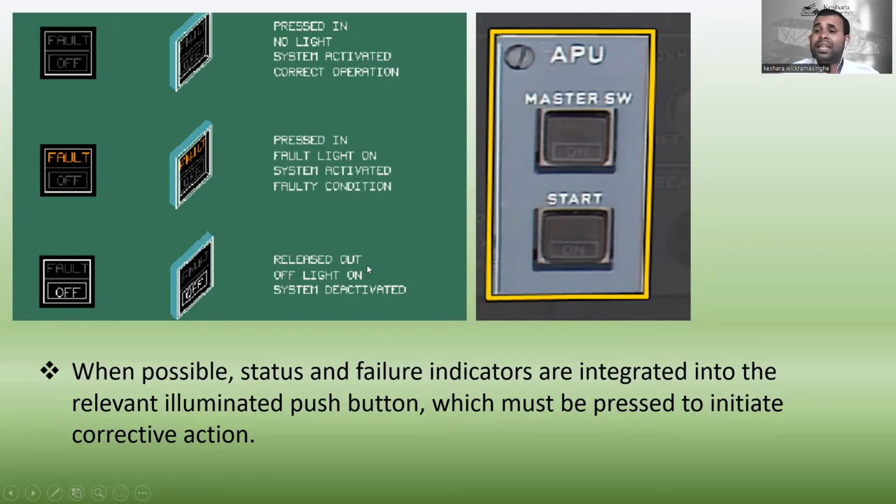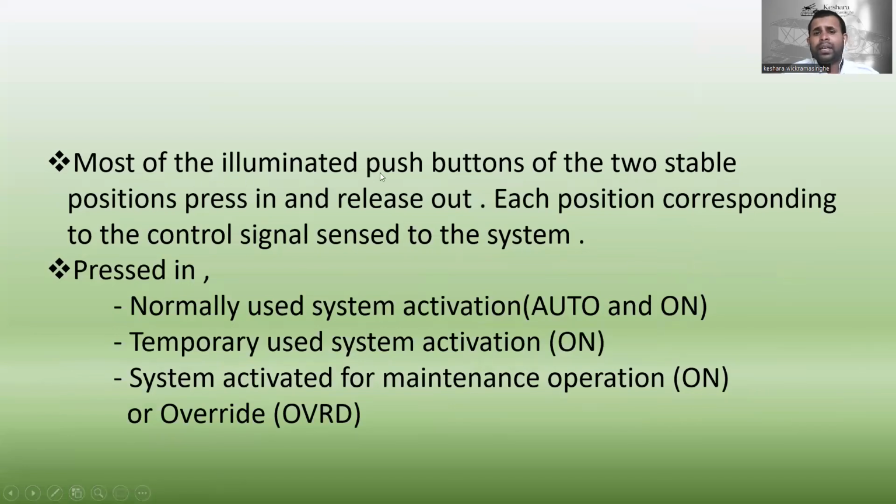Next one: release out, off light on, system deactivated. In this situation, the button is released out, and because of that the system is deactivated and the off light is on. You can see these are the real push buttons in the overhead panel. Most of the illuminated push buttons have two stable positions, pressed in and release out, and each position corresponds to the control signal sent to the system. Pressed in is normally used for system activation, auto and on; temporary use for system activation,